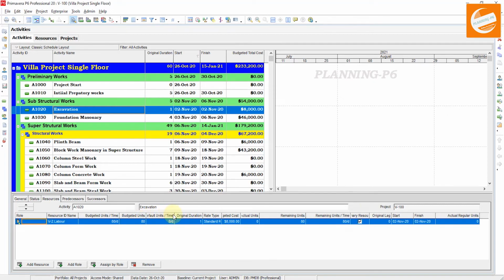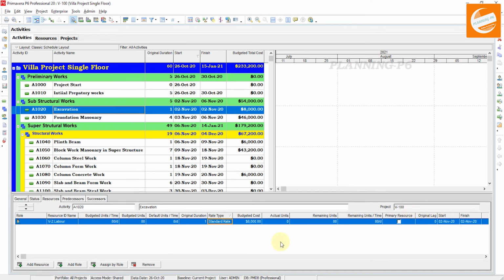Default units per time, original duration, standard rate type is here, you can see budget cost is here, actual units are here, remaining units are here, and remaining units per time is here. These are resource, primary resource, lag, start and finish.